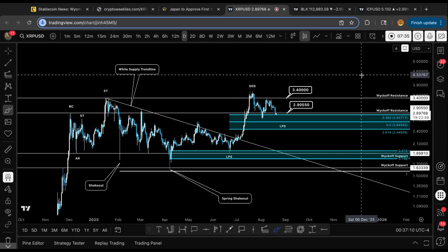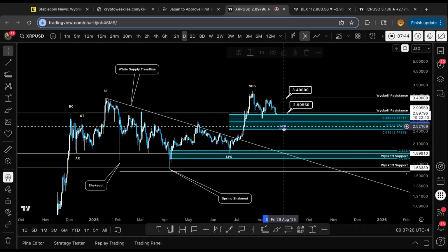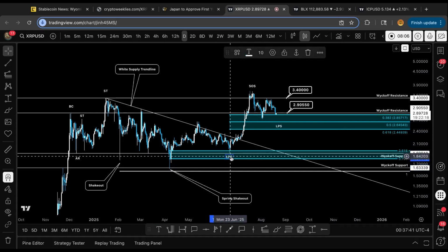Since then, XRP has made a new all-time high, but has since pulled back. Currently, XRP is trying to form an LPS, which stands for last point of supply. A last point of supply occurs when market makers absorb whatever supply is left on the market before the eventual breakout to the upside. For example, if we go back to June of this year, back when XRP formed its first LPS, last point of supply,